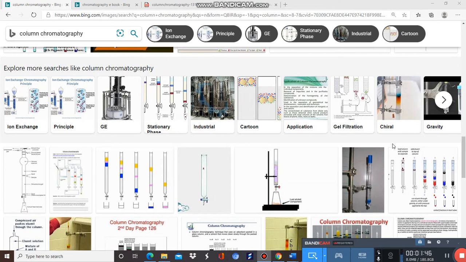Suppose you have to isolate lycopene from tomato. Lycopene is the main chemical constituent of the tomato. What will you do? You will go for column chromatography, but not directly. You do not directly go for column chromatography. First of all, you have to perform a particular extraction method. Only then will you obtain an extract, and you go for TLC, then column chromatography. Only after proper identification can you go for column chromatography.